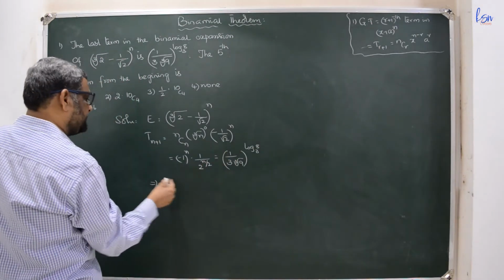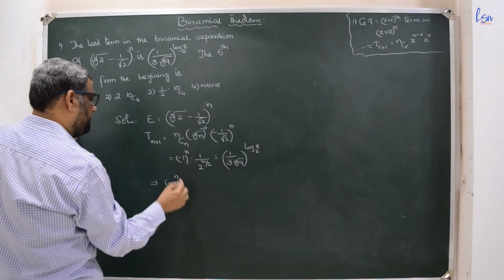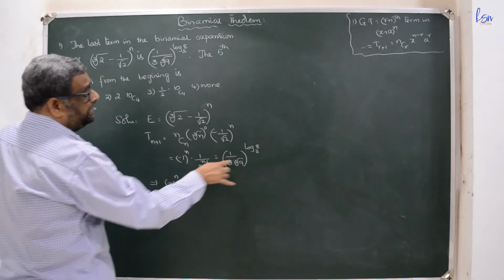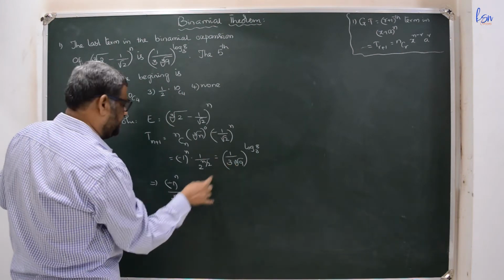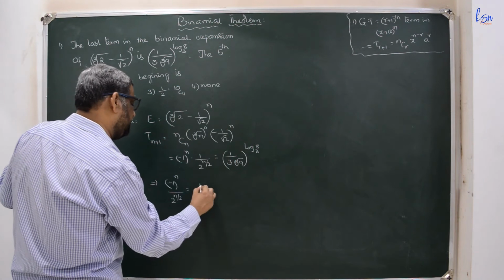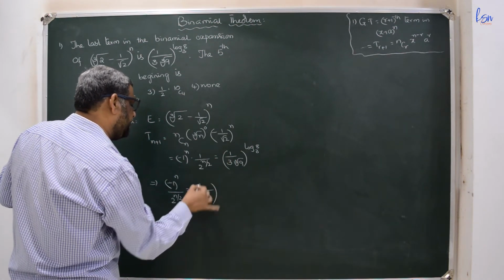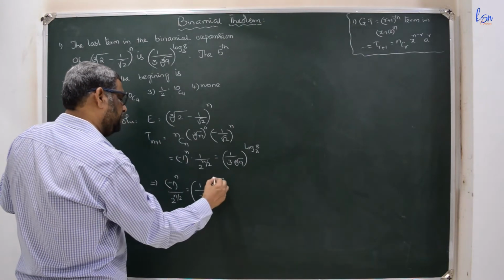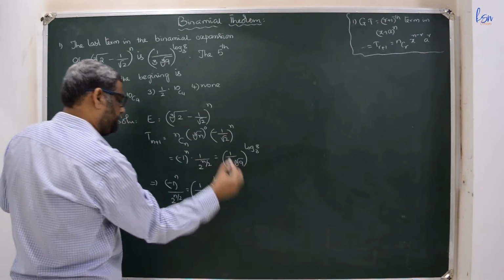So it implies minus 1 to the power of n by 2 to the power of n by 2 is equal to, this is 3 square, 3 to the power of 2 by 3 into 3. So 2 by 3 plus 1, 3 to the power of 5 by 3. 1 by 3 to the power of 5 by 3 whole to the power of log 8 base 3.